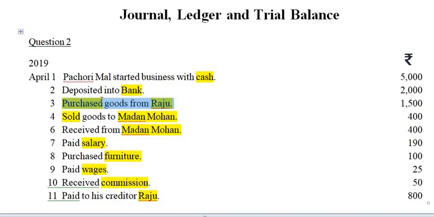So now you have to identify also. What to identify? You have to identify whether the transaction is cash transaction or credit transaction. Okay, so here cash or bank, nothing is mentioned, isn't it? So the name of a person from whom you are purchasing is mentioned. So it is your credit transaction. Okay, it is a credit transaction.